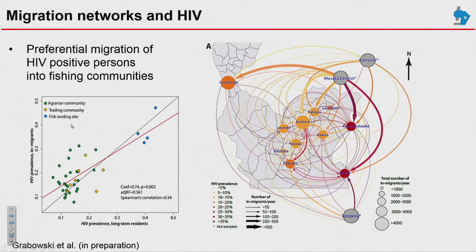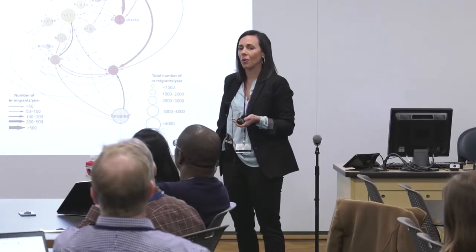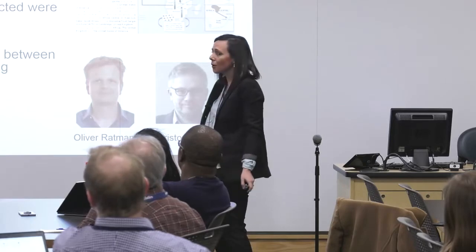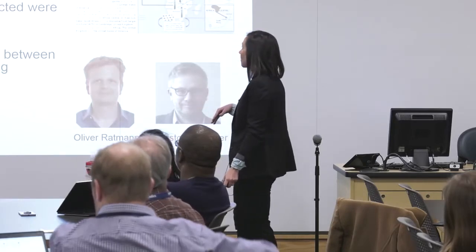And so there are very few outward edges coming out of these fishing areas, and that's in part because there's a ton of geographic dispersal when people are moving out of these fishing communities. So this started to beg the question whether these fishing communities are acting more as sinks than as sources. So the next thing we did was to look at the viral flow from these fishing communities